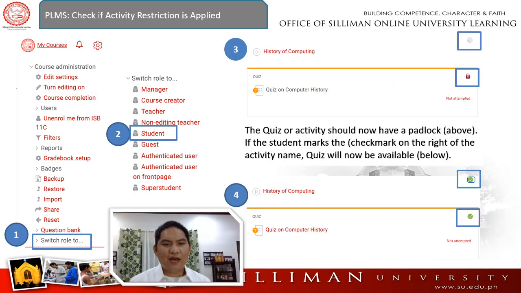All right. I hope you are able to apply those restrictions already. So at this point, we are going to learn how to check and test if those restrictions are actually working or not. All right, so to start with, when you click on the gear icon on the upper right side, you should see an option there, a switch role. As you can see on item number 1 here, in the picture that I have presented, you should see a switch role. 2. So when you